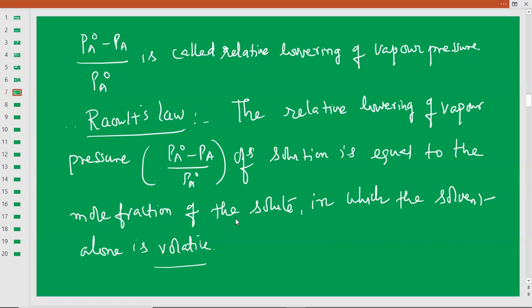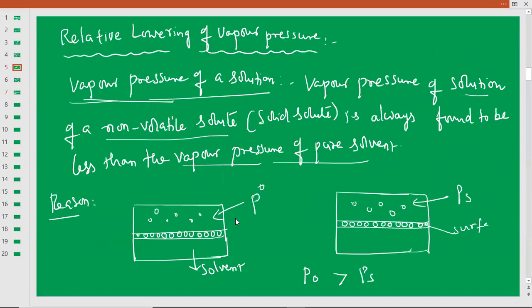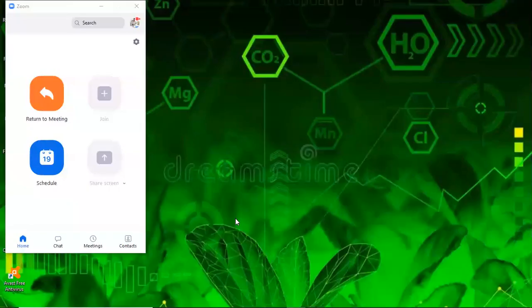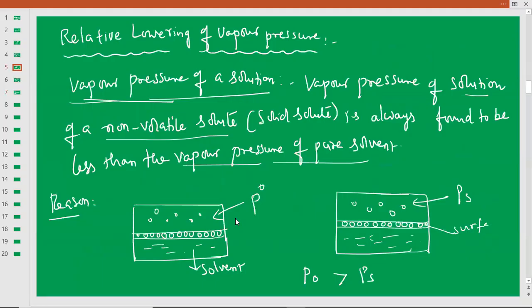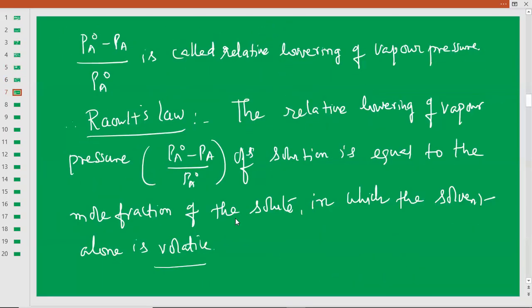So solvent is completely responsible for, gives rise to the vapor pressure of the solution, but solute definitely reduces the vapor pressure of solvent over the surface of the liquid solution. So whenever we have liquid solution which is containing non-volatile solute, that non-volatile solute makes the solution vapor pressure lesser than the vapor pressure of pure solvent, which is explained by relative lowering of vapor pressure in the Raoult's law concept.